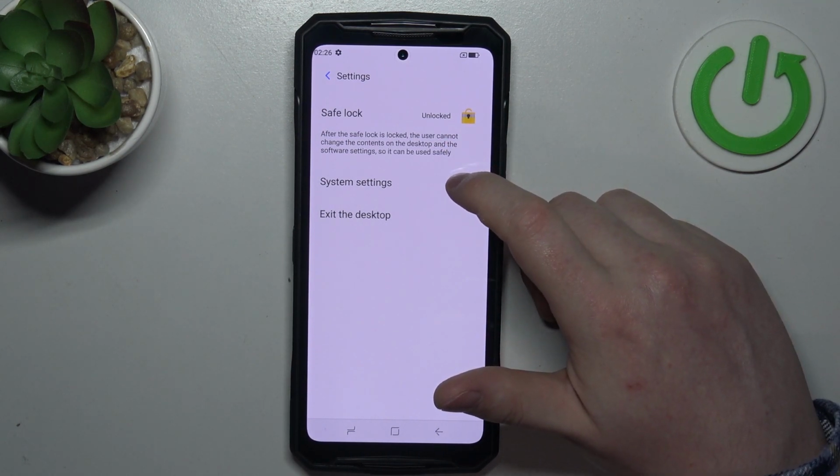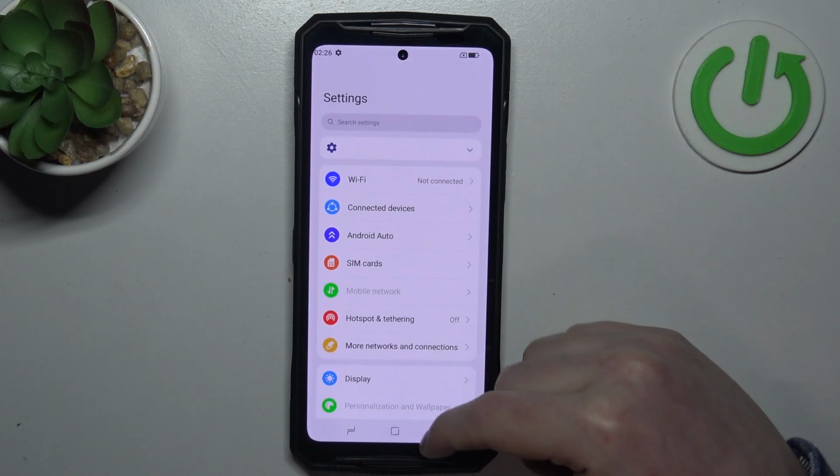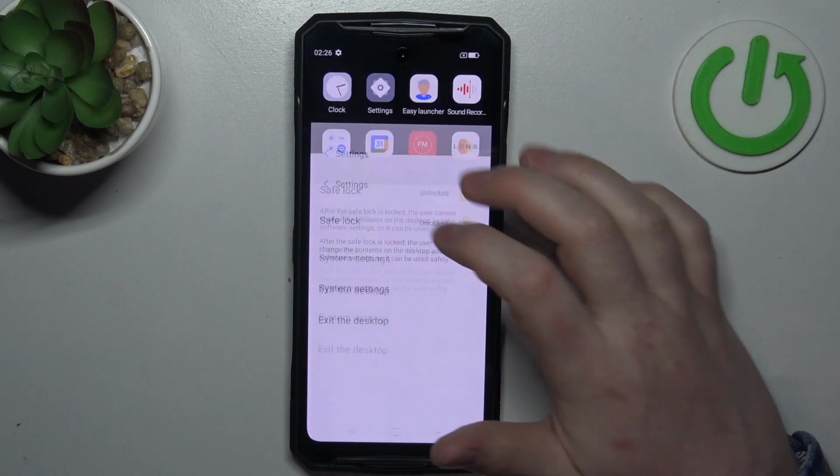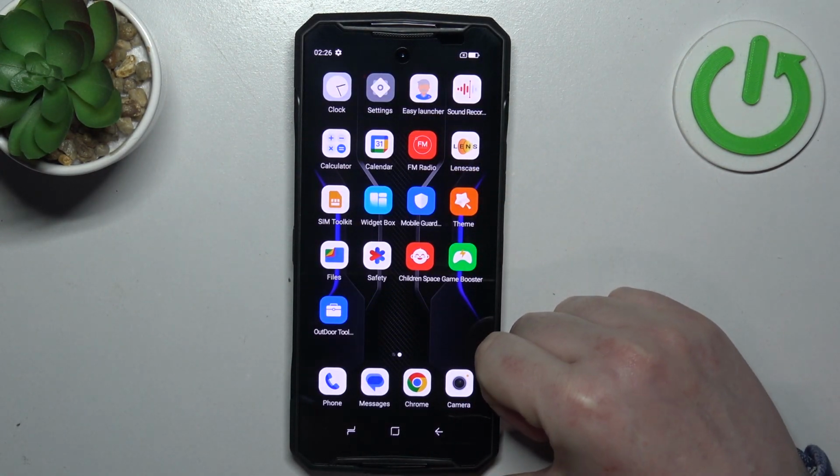If you want to access those settings, click on the system settings and you will find the normal settings tab. If you want to leave this mode, click on exit to desktop, and as you can see, we just left that easy launcher mode. And that's it for this